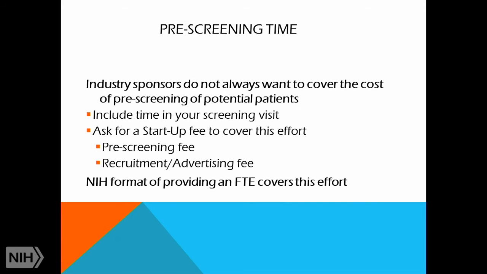What we'll do is search the database for all patients that have that particular disease using the ICD-9 or 10 code, I guess. And when we find those charts, we can look at them to see if they meet criteria. If you don't want to pay pre-screening, then we'll just wait, and as they schedule appointments throughout the year, we'll look at them then if we catch it. But if we don't catch it, we won't know.